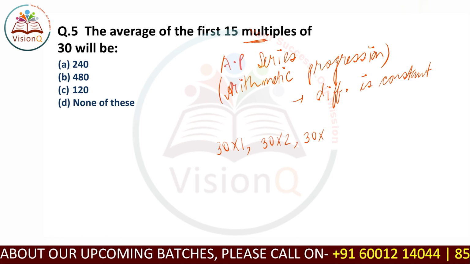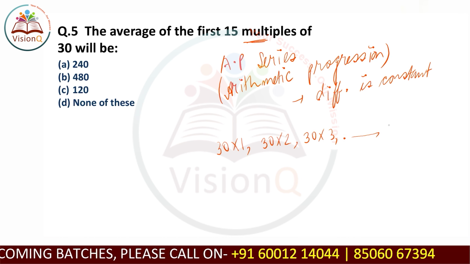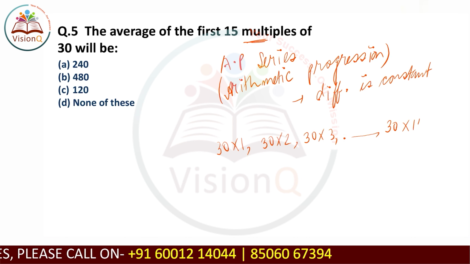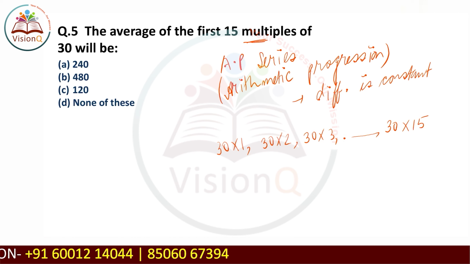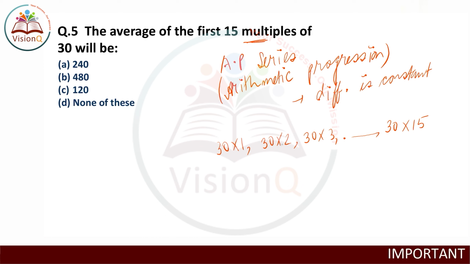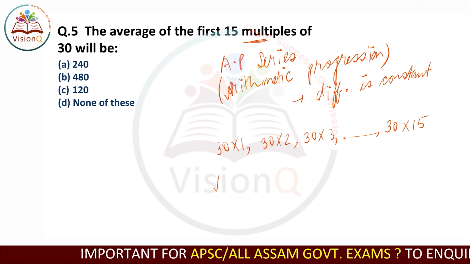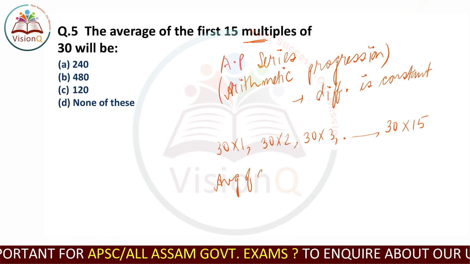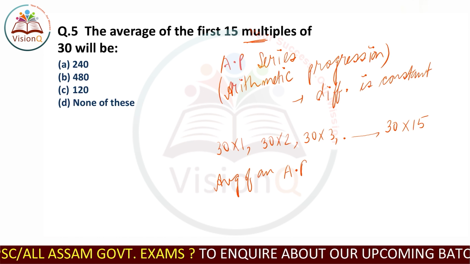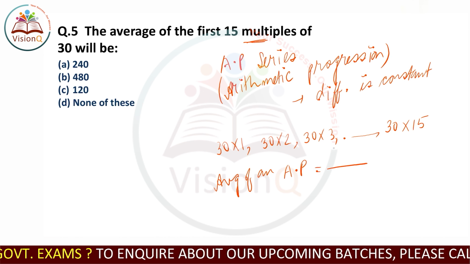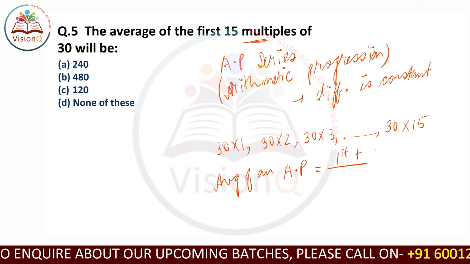30 into 3. In this way, the last term will be 30 into 15, because it is asked to find out the average of the first 15 multiples of 30. Now this will be an AP series. The difference between two terms will always be constant. Now to find the average of an AP series, there is a very important formula, which is first term plus last term